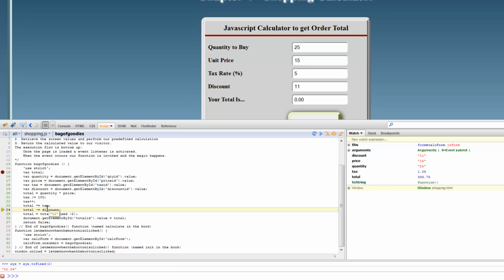Total times the tax, right? Now it's 393.75. Total equal total dot toFixed 2. So now that's what we're going to execute next. We did subtract the discount from there. And now it's 382.75. Notice that this is now a string, because this converts it to a string, and the next statement